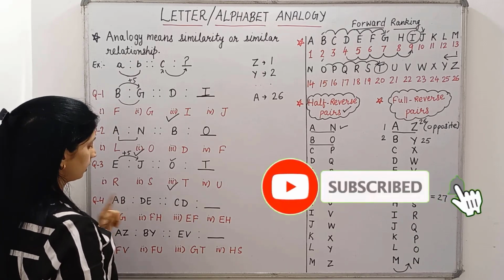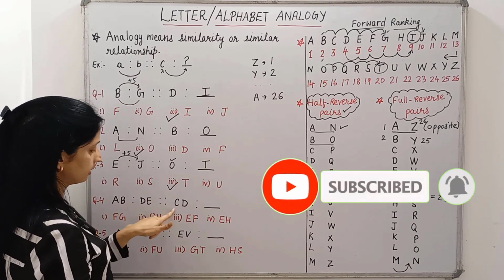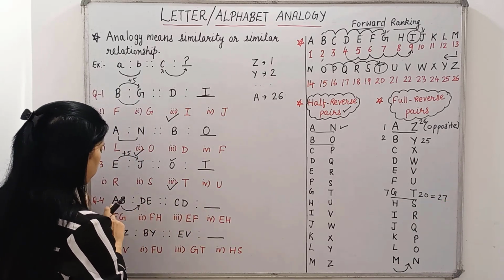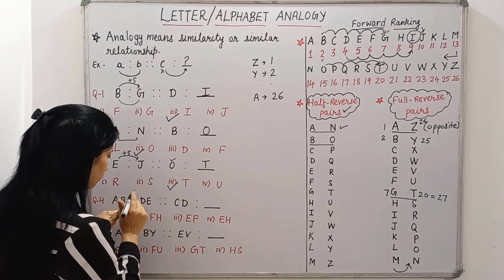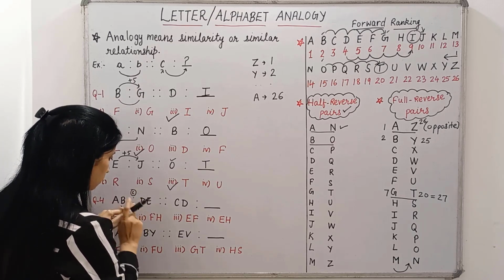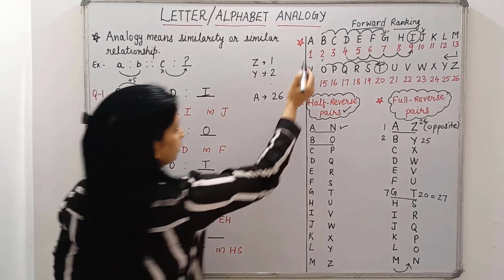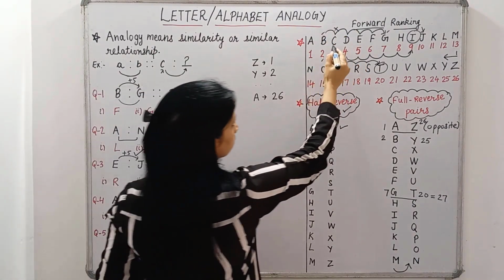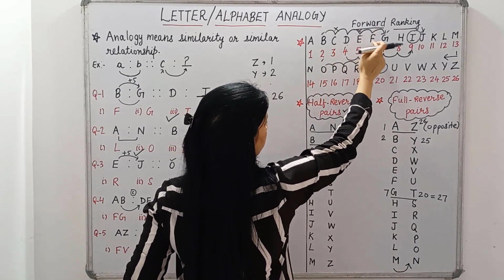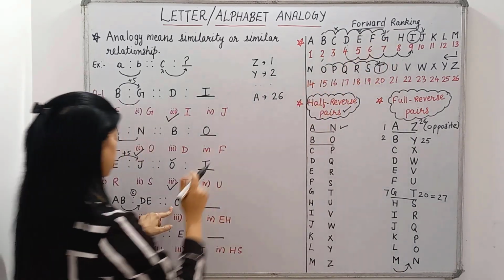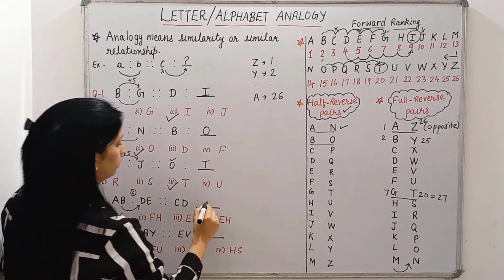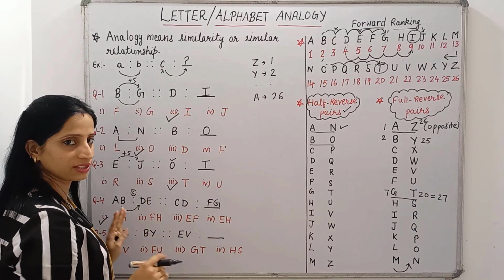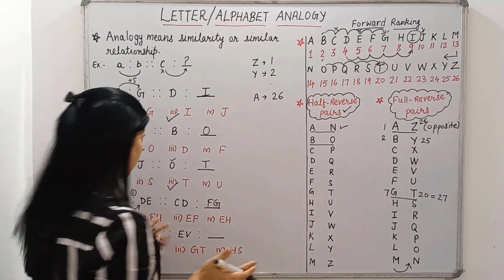Next A, B, D, E and C, D, and this we have to find out. So what is the relation between these two? A, B, and then we are leaving a letter in between, C. Okay, then D, E. A, B, we are skipping this, then D, E. Now C, D. So what we will skip? E, and we will write the next two letters, F, G. So F, G will be our answer. Write F, G. Okay, so these are very simple questions. Later on we will move on to slightly more difficult questions.